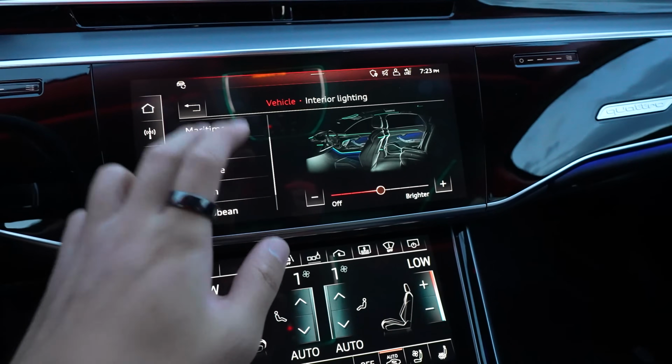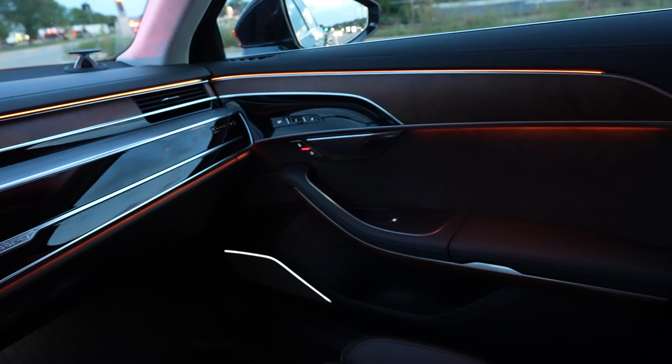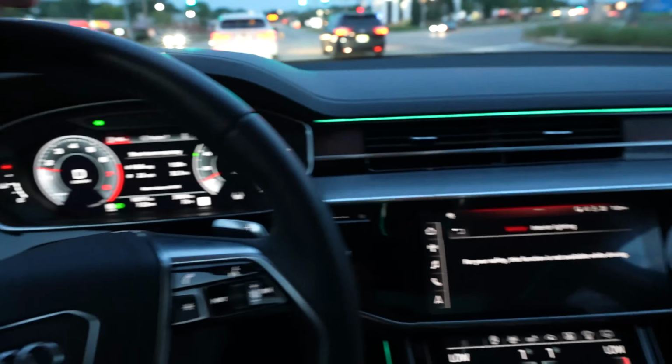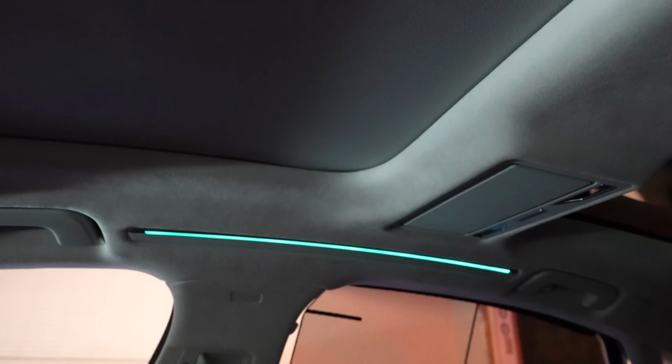You can change it to solar, max brightness. You can see the top and the bottom change. If I go to individual setting, yep, all right, with that, we're driving off again. We even have ambient lighting here and on the ceiling there. So cool. Well, we'll call it an end to this first, I guess, episode of my Living with my Audi